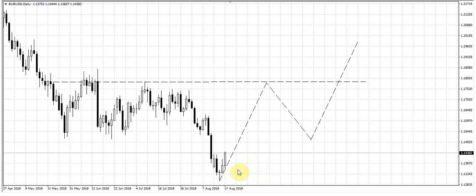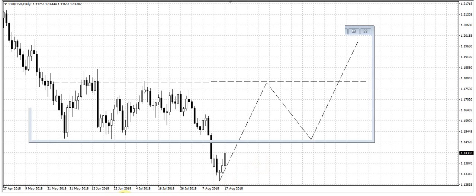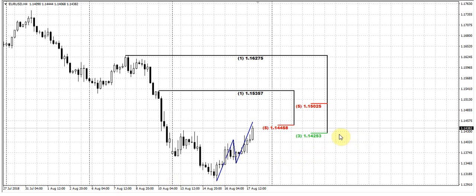But since this is a retracement kind of action, and on the daily chart currently we do not have any clear patterns or anything of that sort, mostly our major focus will stand on the intraday charts, because there we have the major patterns, there we have the major activity on the market. So that's why the most important thing for us right now is the 4-hour time frame chart and of course the hourly time frame chart. So on the 4-hour time frame chart we have some important details.